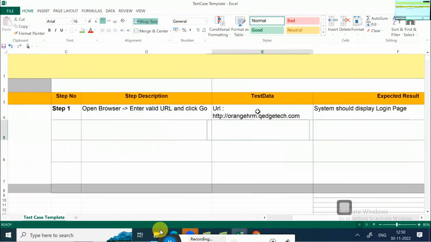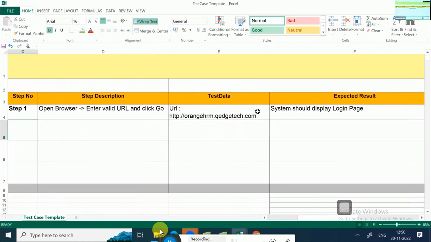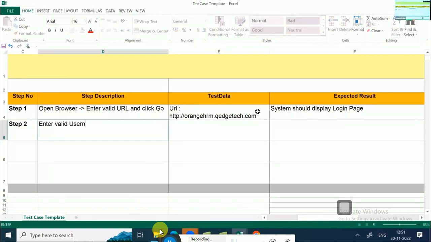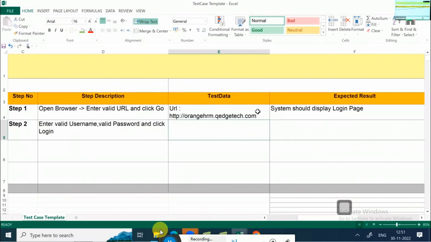Only one step is finished. We'll update the remaining steps. Step 2: enter valid username and password and click login. Enter a valid username, a valid password, and click login or submit, whatever it may be. The data required to run this step: username,